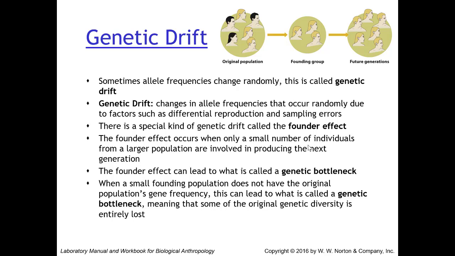So the definition is genetic drift is changes in allele frequencies that occur randomly due to factors such as differential reproduction and sampling errors. So in order to understand how genetic drift works, it's helpful to think of it as